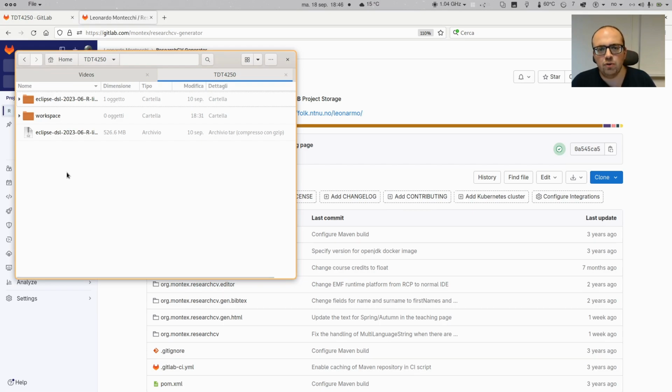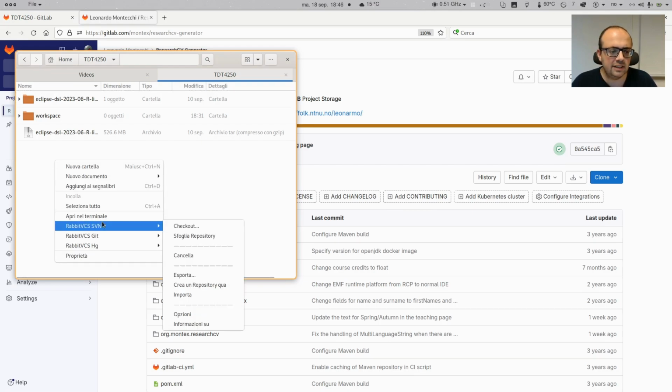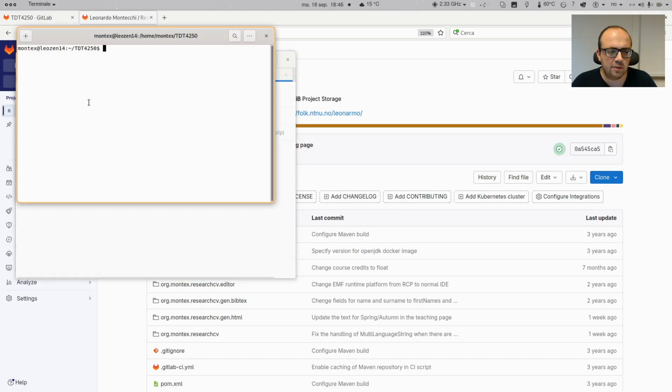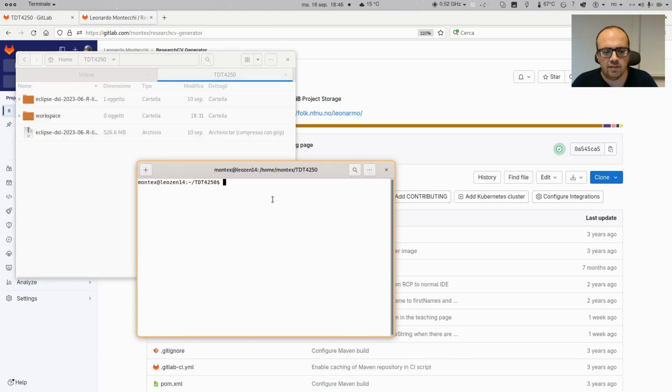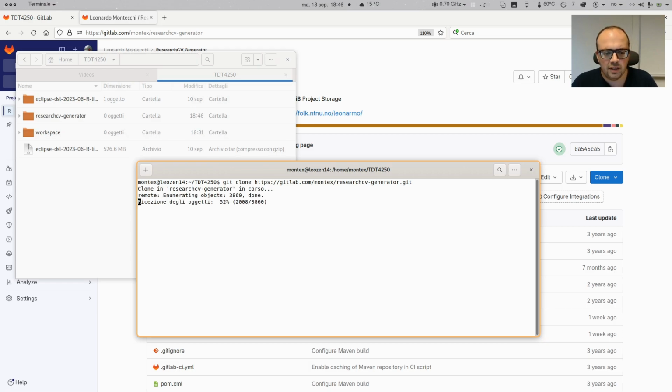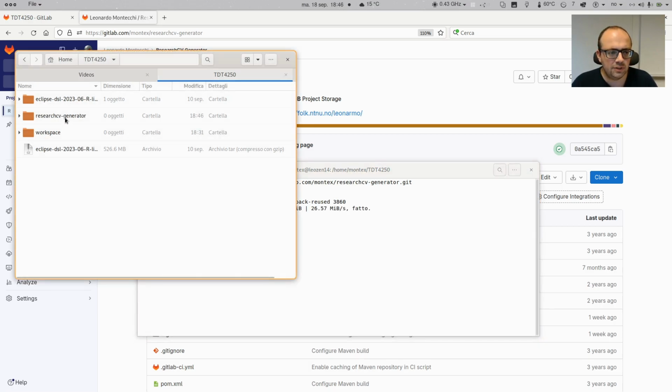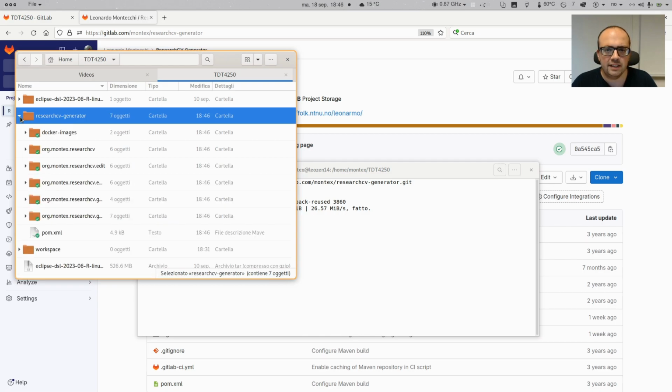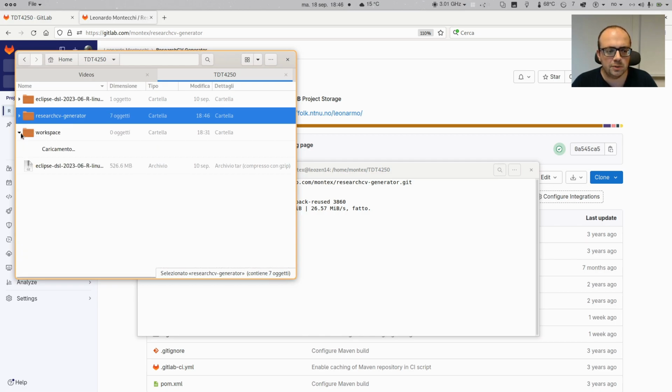Then you find the folder where you want to have it, and in this case you can have open on terminal, or otherwise you can find the folder with your terminal, and you just write git clone and then the repository URI. Then you will have your repository here with some projects inside, and your workspace here separately, and then